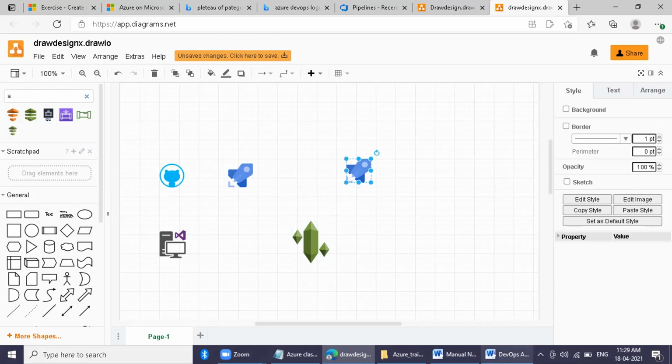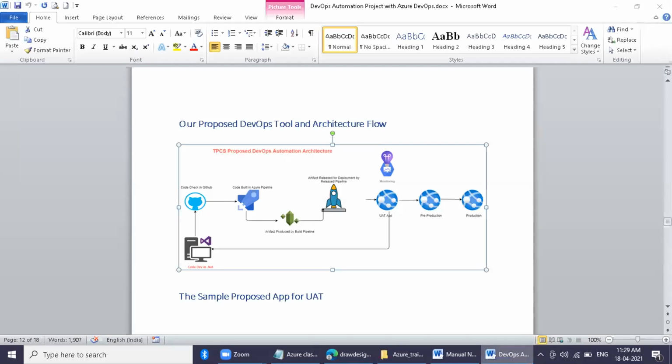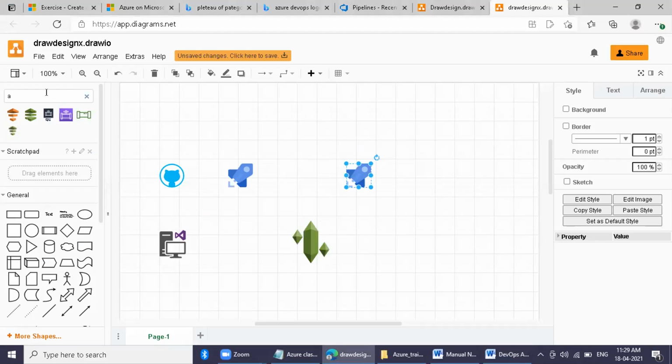Yes. And then app service, right? Yeah. And three app services. Which ones? UAT, development, and production. You have separate things, right? Yes. UAT.